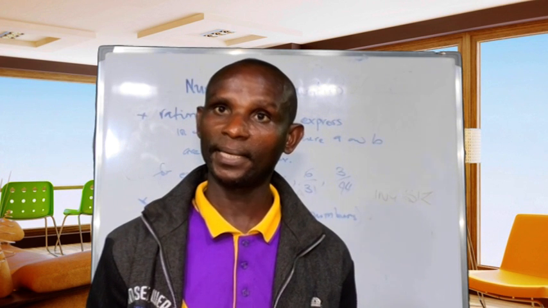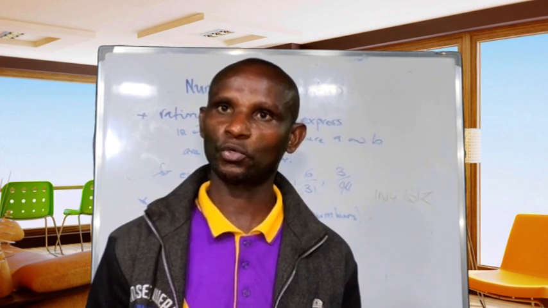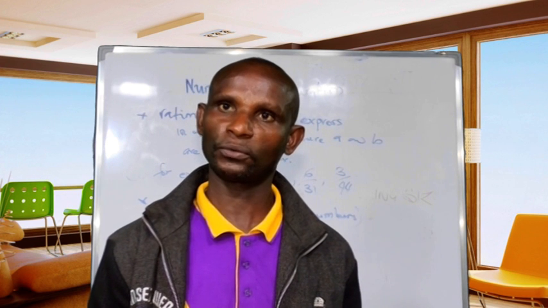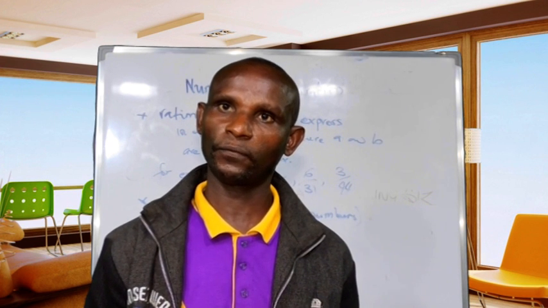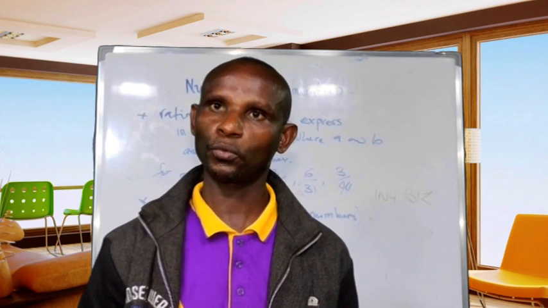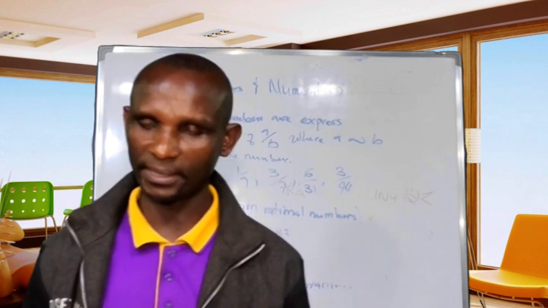For example, we have pi, and we also have the square root of 2. Square root of 2 is something about 1.414213. It's not exactly